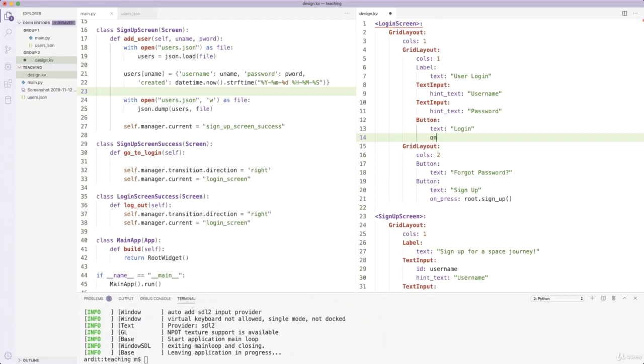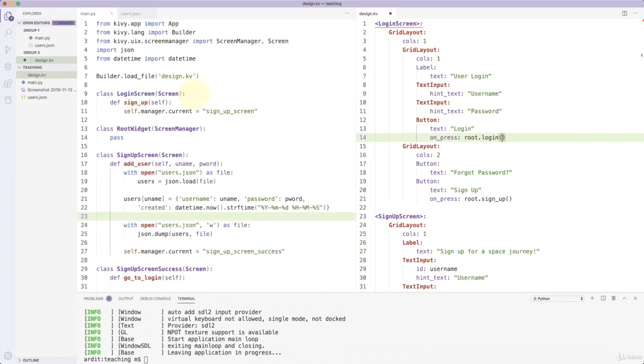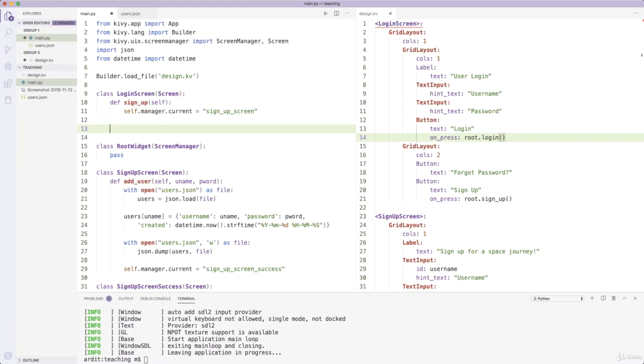So what do we want to do on an on-press event? Well, we want to execute a root.login function, which we need to have in the login screen class, just here. So it's basically the same idea as the add_user, a function where we gave the add_user function, we provided it with the username and the password. So again, we do the same thing with define login